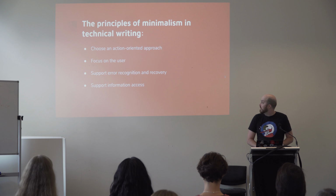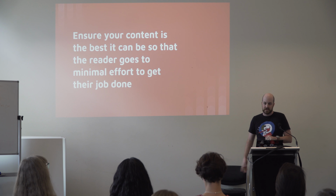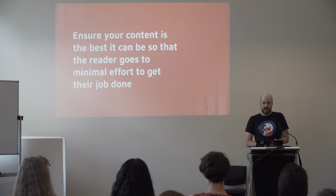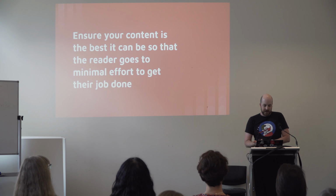But when it comes down to it, it's ensuring that your content is the best it can be so that the reader goes to the minimal effort to get that job done. There's a lot of words there, it's not very minimal, but it's fine. So I went back to Red Hat in Brisbane, wrote the obligatory blog post, and when that was sent